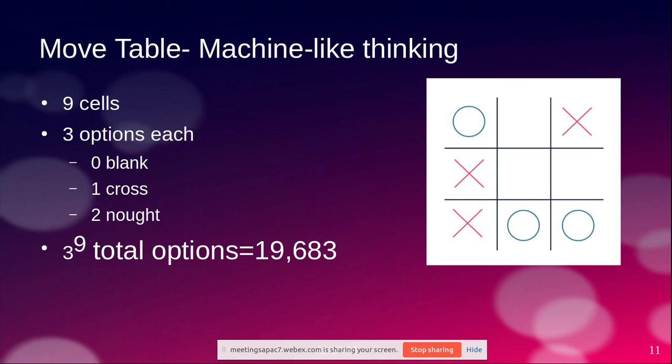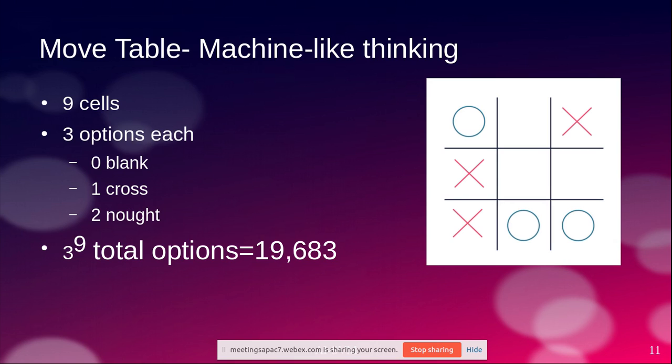But now if you look at what a machine can do, the machine cannot see all nine cells together. That is the first question. A machine cannot work graphically, it has to work only numerically. That means any data you want to give to the machine has to be numeric. So you first need to convert the board configuration into a number. So we have nine